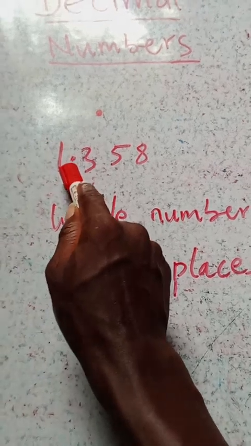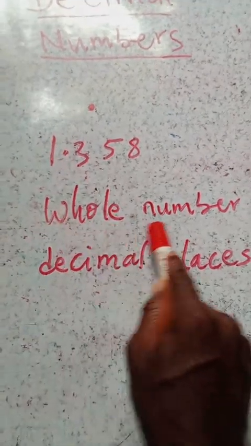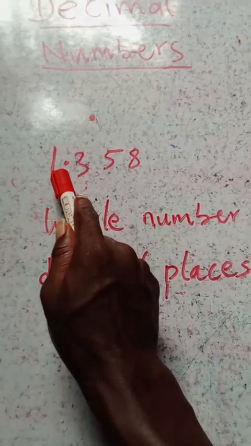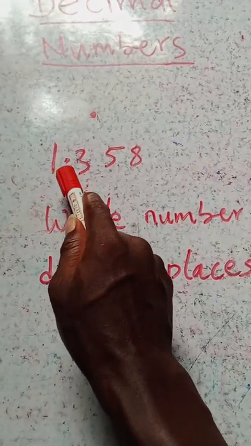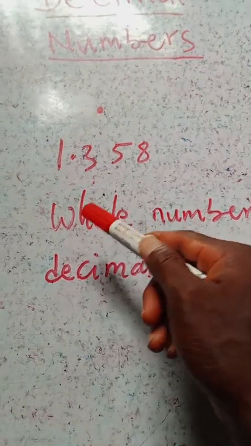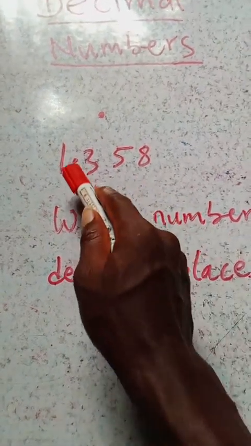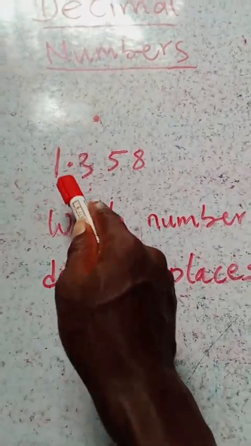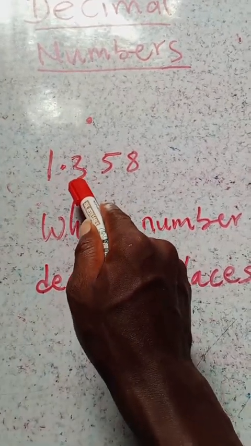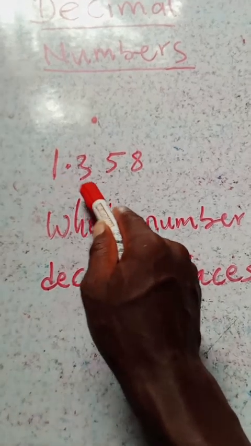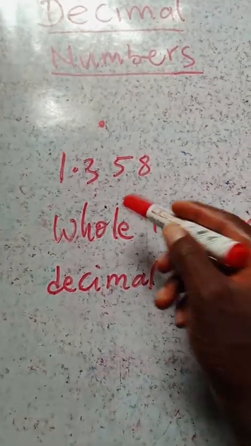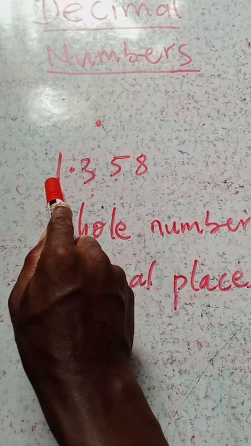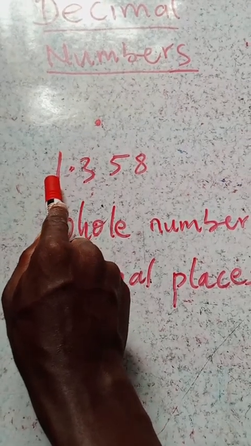Is the number before what? The decimal point. That is the whole number. What about decimal places? The decimal places are the number of figures that are after what? The decimal point. So the whole number is before the decimal point, and the decimal places are after the decimal point. Are you seeing it? Very simple. So before the decimal point is what? One number. So the whole number here is